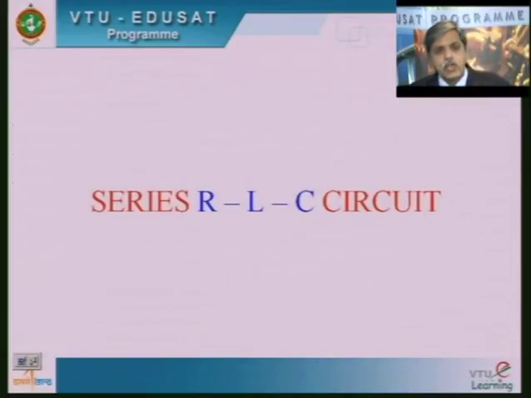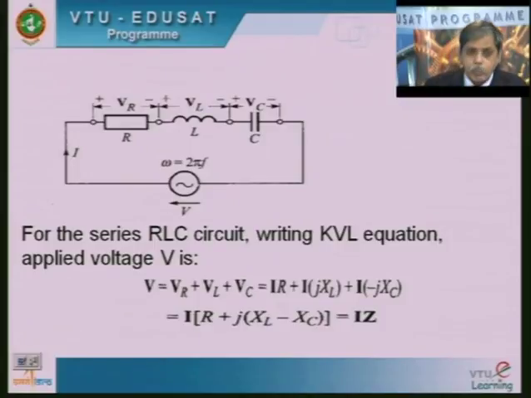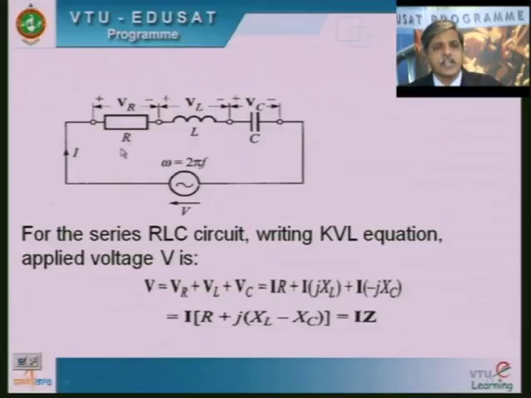I will now take the combination of three elements, resistor, inductor and capacitor, connected in series to a voltage source of maximum value Vm and an RMS value of V volts. Now this is the combination of resistor, inductor, capacitor. I just represented the resistance as a box. We can also show the general symbol for the resistor. It doesn't matter, just consider this as a resistor.